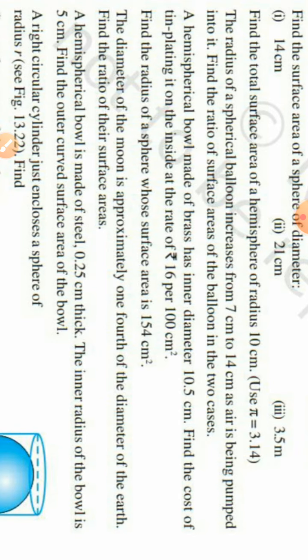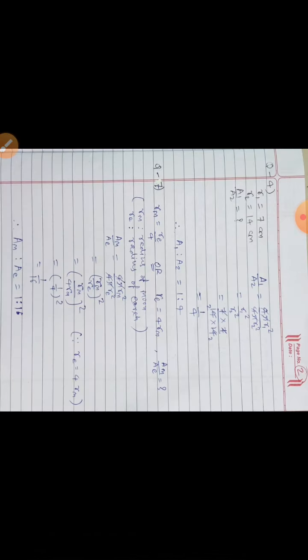Okay, so here they are not asking for the individual surface areas, they directly ask for the ratio of both areas. So no need to find the individual full answers. Whenever a ratio is asked, you just write it in numerator over denominator form. Most things from the formula will be cancelled out, and only something is left, then only place values. So no need to find the area of the sphere when it is smaller, and again the area when it becomes bigger. Instead of doing that we just find the ratio directly.